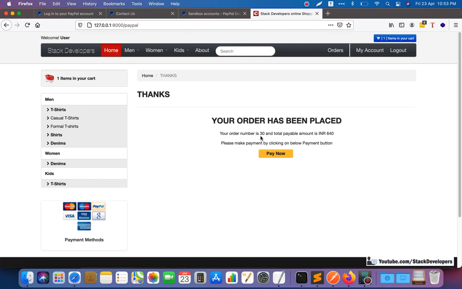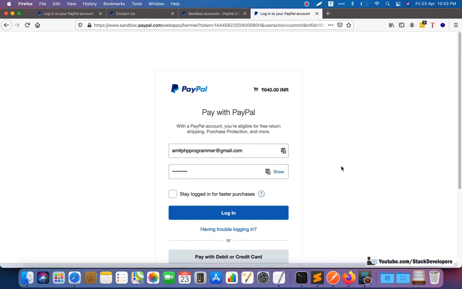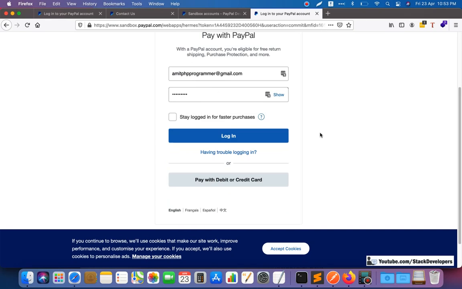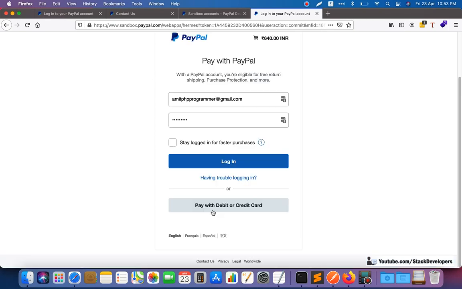This time your order number is 30 and the payable amount is 640 and 640. Now I'm going to click on pay now and expect that the PayPal payment gateway will come up. Wait for a few seconds, and here you can see the PayPal payment gateway has come up. If you want to make the payment with debit or credit card, you can click here. And if you have a PayPal account, then you can log in as well.